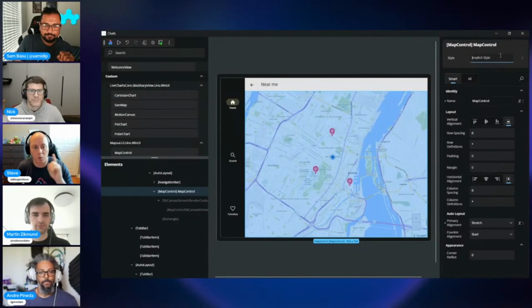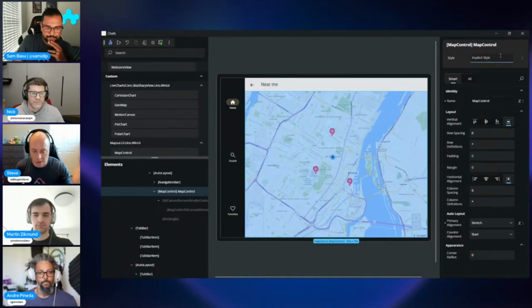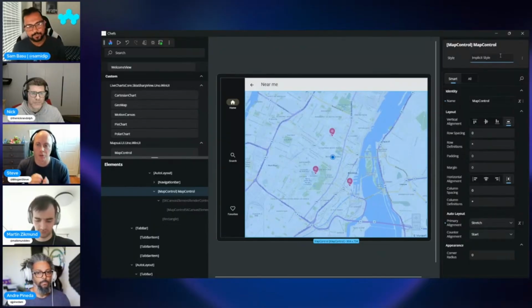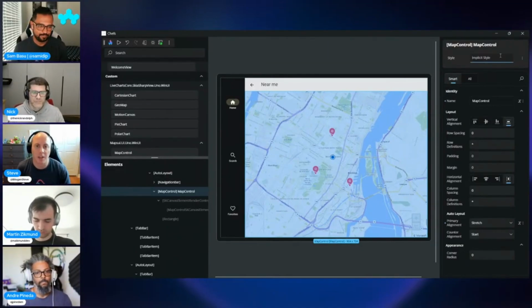and it'll show all the resources that are targeting that specifically. And the one thing I forgot to mention is there is zero effort, like I mentioned, for these control vendors or control libraries to have them show up in Hot Design. But we do have tooling that is able for you to, if you'd like to customize, if you'd like to have multiple options of your map control with different snippets of XAML that should get implemented when you drag it in, that's obviously something you can do and customize using the Hot Design bits. But out of the box, it'll do it for you, just as the best guess of just placing in an empty element,